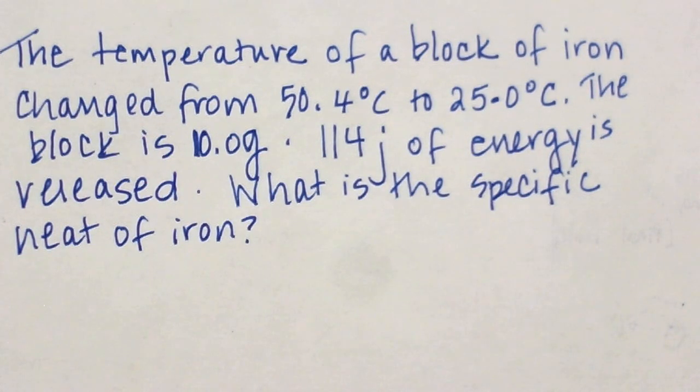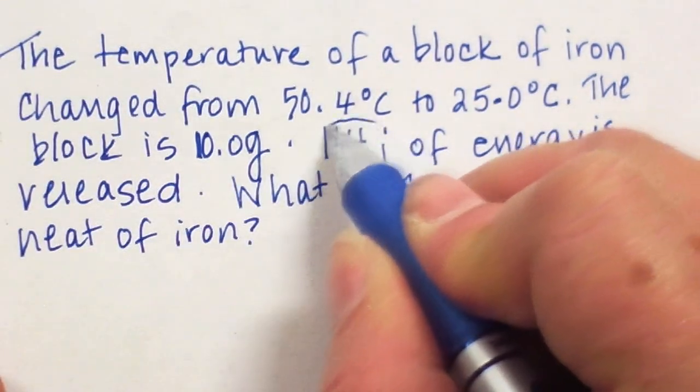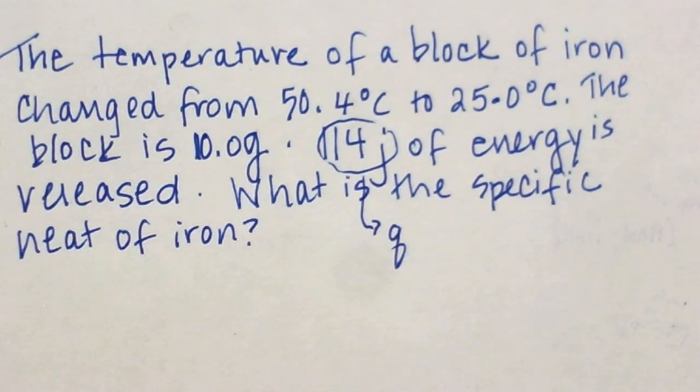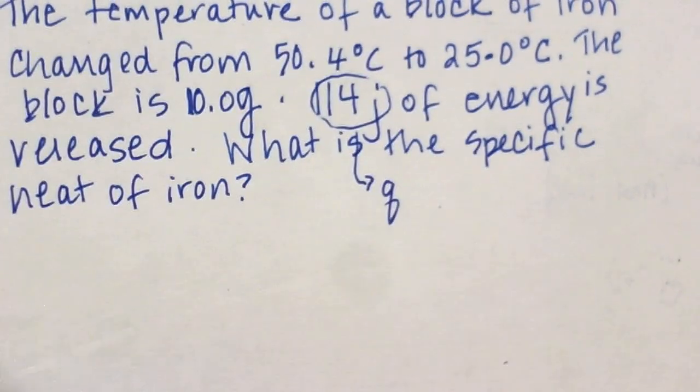Yeah. So instead of putting Q equals, would you put 114? No, yes, that's exactly right. So Aaron says, for instead of Q, you're going to put 114. Right, because essentially this number here is Q. That's the number that's released. That's Q, yeah. All right, so you're going to now write out your formula and solve for C, that's right, specific heat. Now also I'm going to tell you that when you do your division, your algebraic work, your units should work out pretty nicely, okay?